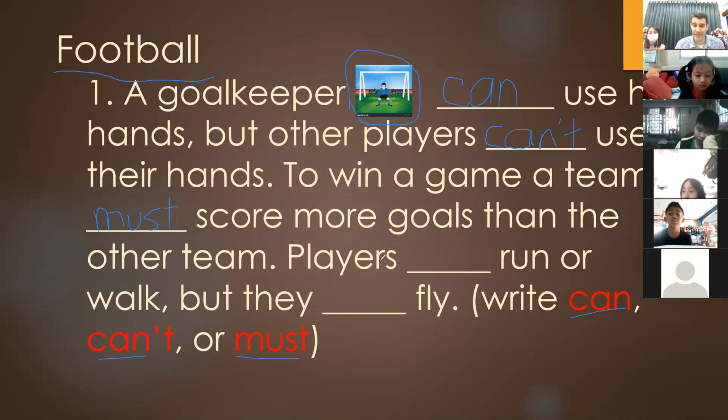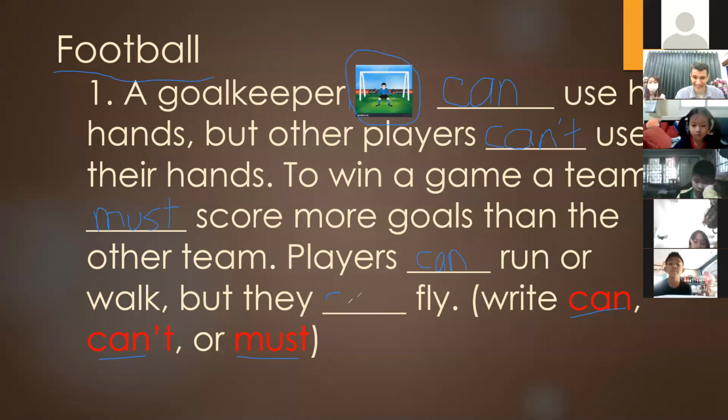Oh, players can run or walk, but they can't fly. Is this easy or not easy? Can you do this? Okay. ได้ไหมคะ อันนี้ตัวอย่างนะคะแล้วเดี๋ยวเราจะทำกันค่ะ